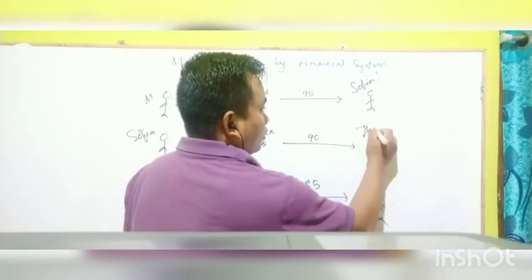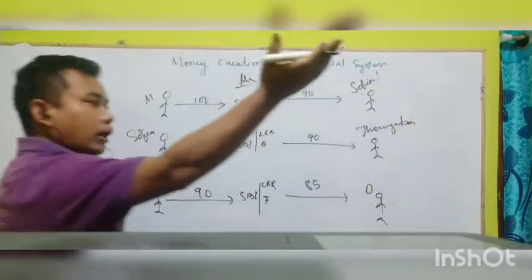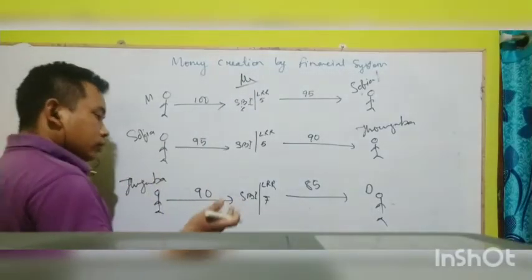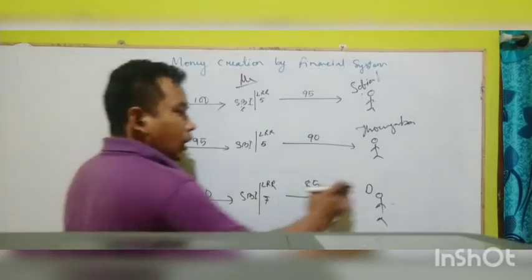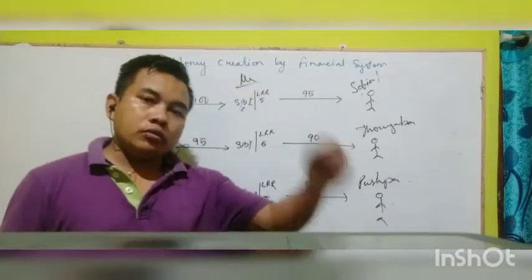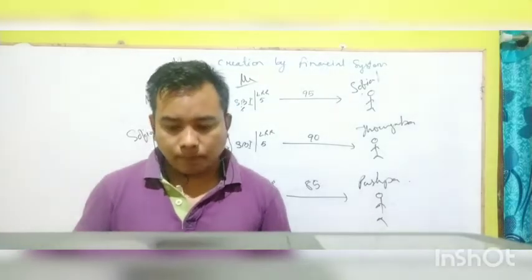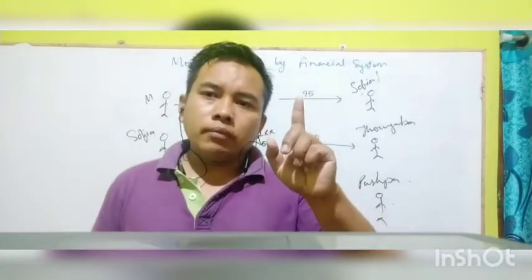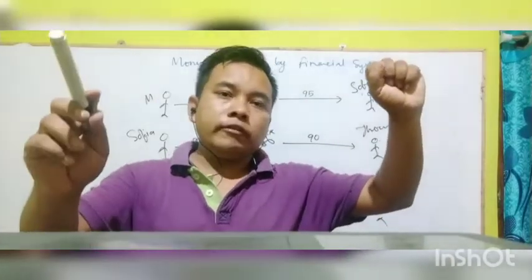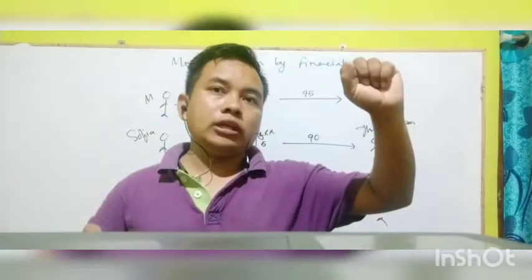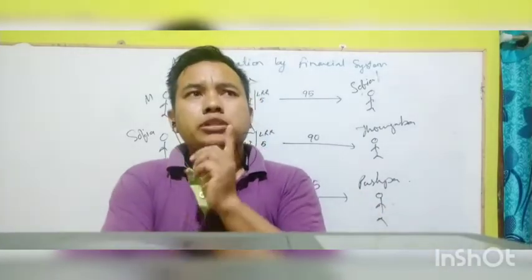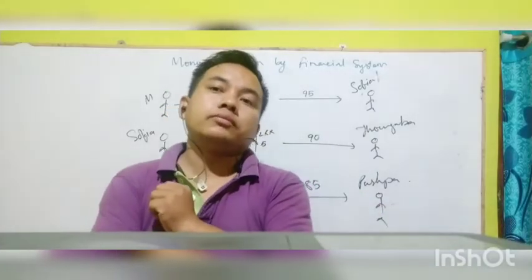Thongamba, who takes a loan. Then Thongamba does some business, and after repaying the loan, the money is given as a loan to Puspa. Now Puspa borrows money from me. Similarly it will continue till this money becomes zero. Because of a single deposit of 100 rupees by the depositor, Sophia got benefited, Thongamba got benefited, Puspa got benefited, XYZ got benefited, hundreds of different people got benefited because of a single 100 rupees deposited by the depositor.